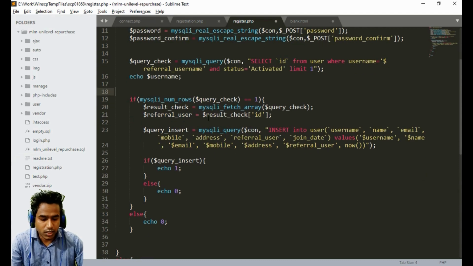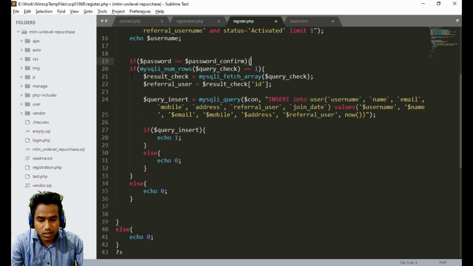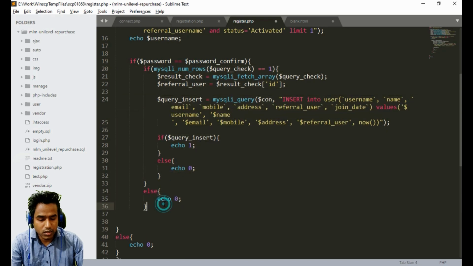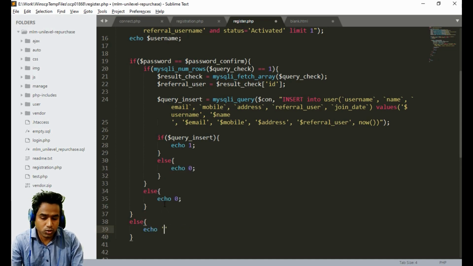For this we will check at the top, like if password is equal to the new password, password confirm, then it is okay. Otherwise we have to print the error, and the error can be here like, else echo invalid password, or password should be same.